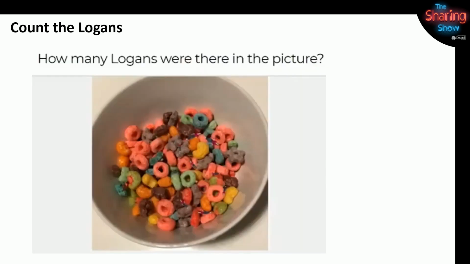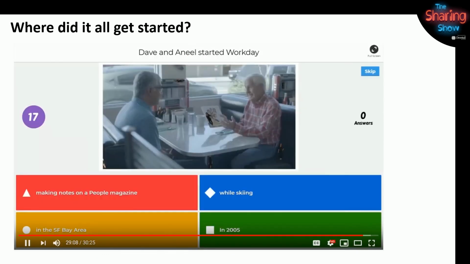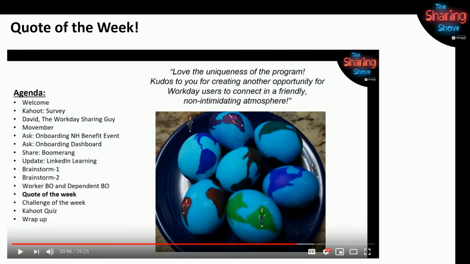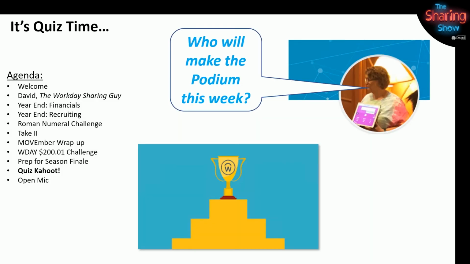We covered this all in season one. We even did a Count the Logans in the Picture contest. We looked at when did Workday get started. And if you look closely, there's a Count the Logans in this one too. And we had a fantastic quote come in that we shared. And once again, there's a Find the Logans. All hints for you for the season finale.